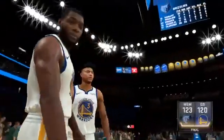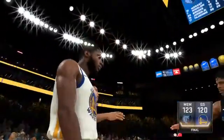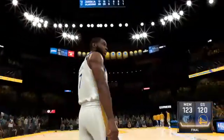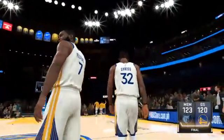So a close game sees Memphis take this one. They break the hearts of every fan in the building with a dramatic late victory. And Kevin, this is the kind of win you have to take a ton of pride in. I mean, they battled with everything they had and came through when the pressure